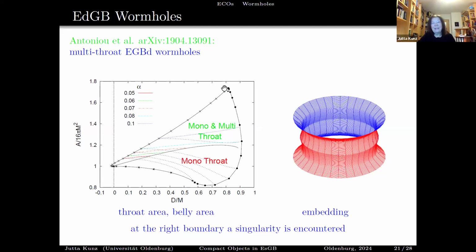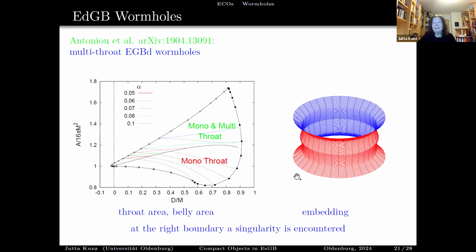So this is quite funny. So we can just go up here with the wormholes with a monothroat, a single throat. It's this whole area. But then from here we can go back down, and then we have wormholes which have two throats and an equator in between. And I just wonder, would the pictures of such a wormhole look different? I don't know if anybody looked at that. And they end here, and right here we would just run into some singularity.